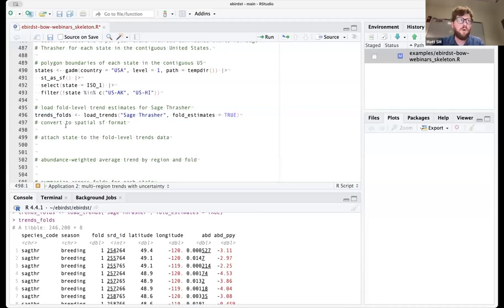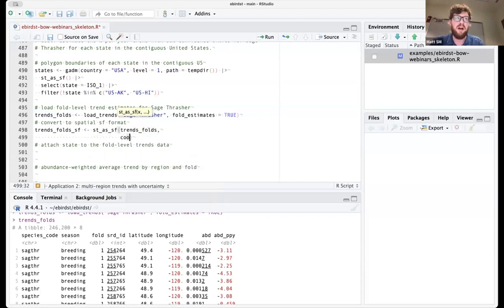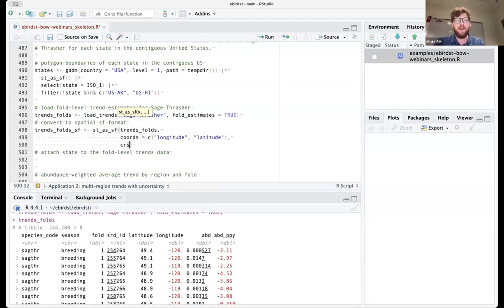Just as before, I want to convert that to a spatial format because I want to assign the cells to the states. So I'm going to call this one trends folds sf. I use sf because sf is a package that we work with point spatial data. This is identical to what we did before. We're specifying the latitude and longitude columns and specifying the coordinate reference system.